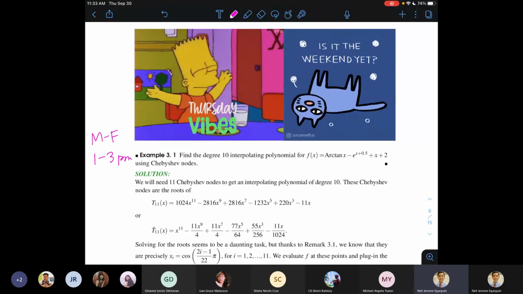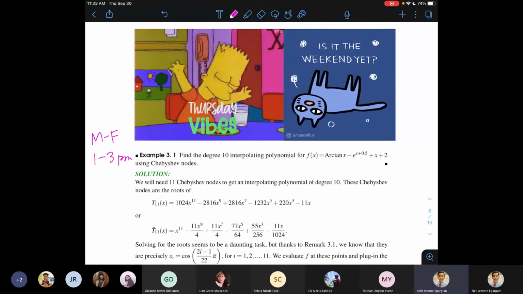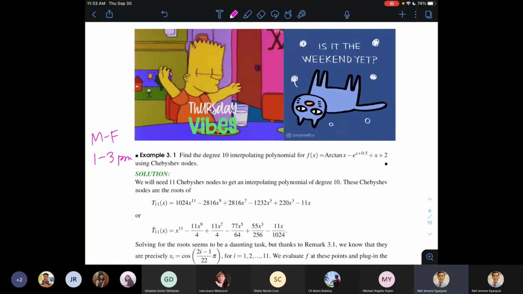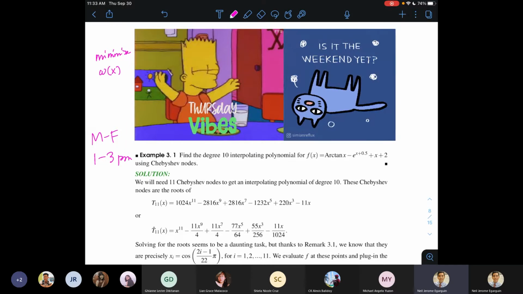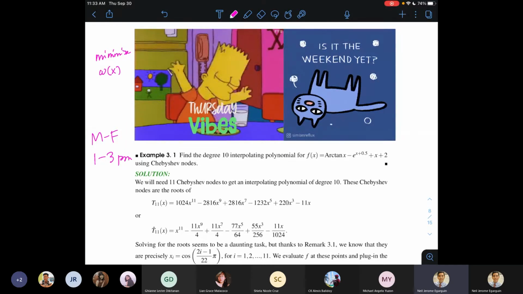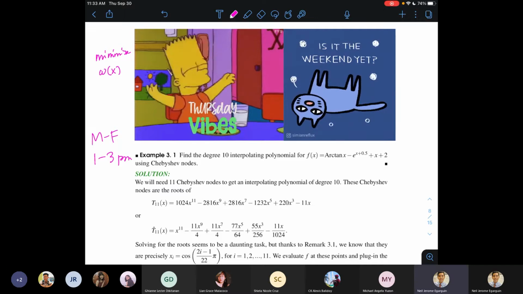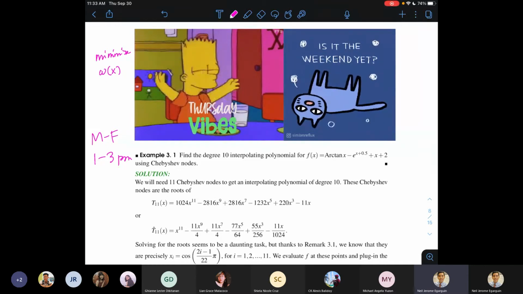Now, our focus for this week is trying to minimize that error term by looking at the second factor. Gusto nating i-minimize yung omega. So we want to minimize omega of x by choosing the x_i wisely or optimally. But to further specify the criteria about minimizing omega, i-minimize natin yung norm ni omega.